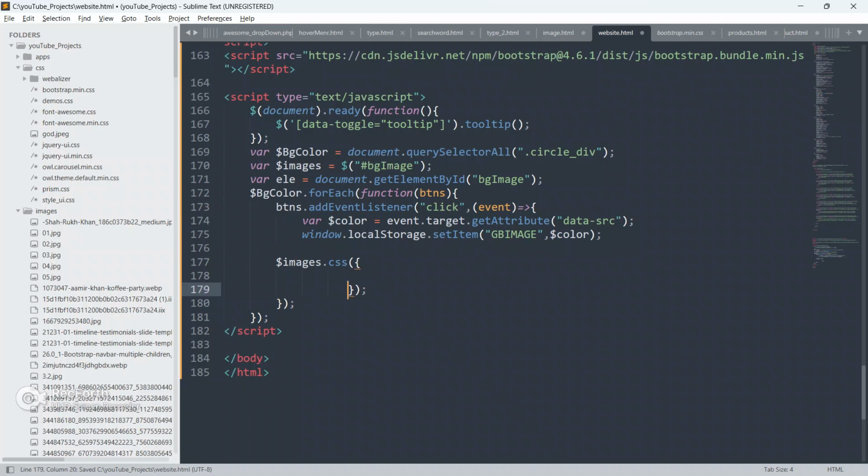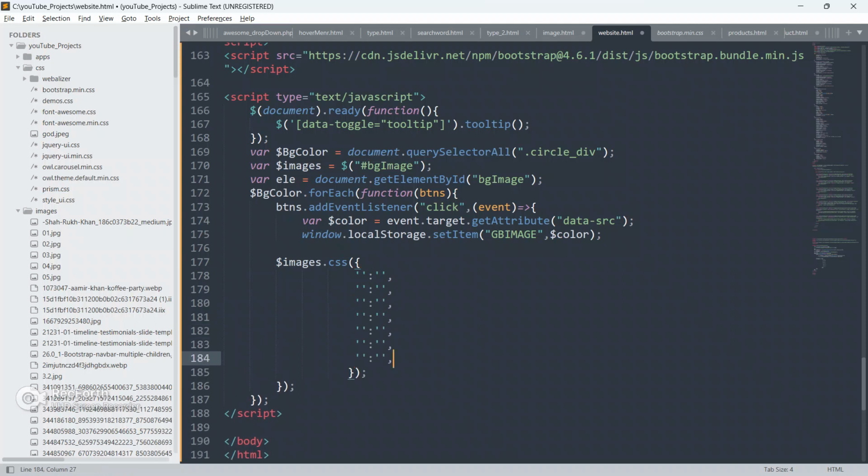Now we are gonna grab this local storage value guys, okay. So get and this, okay, just copy this and paste it 5-6 times, we are gonna need this for CSS, okay.